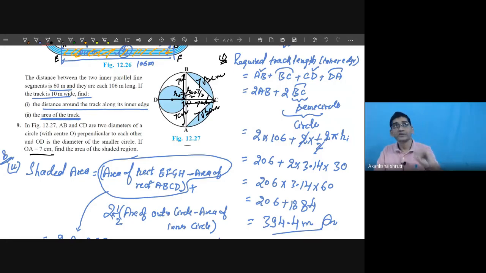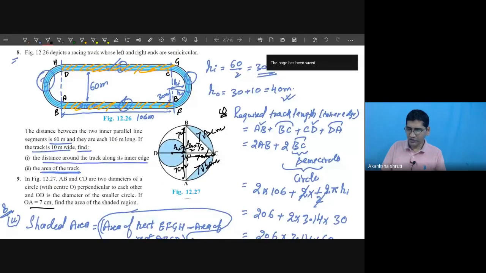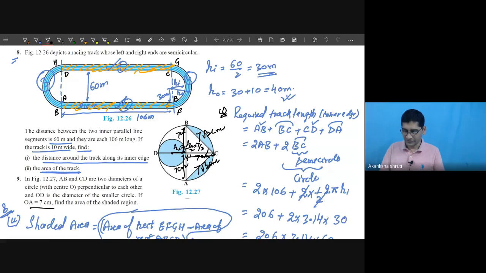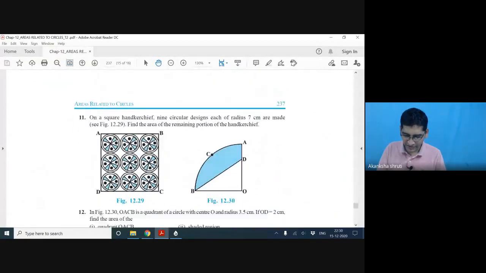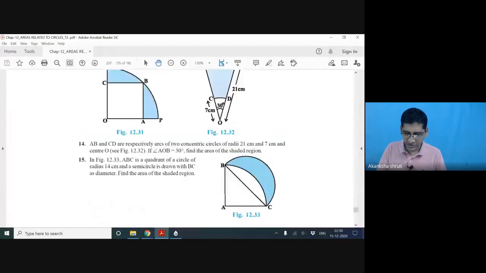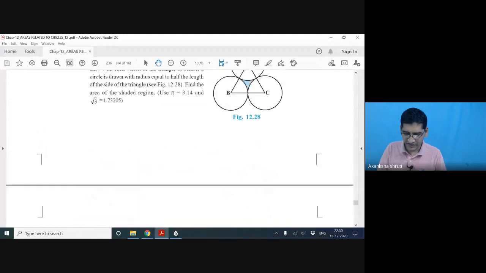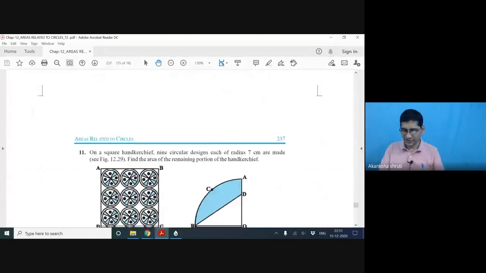No doubt. So let us stop the class here. Some of the questions I have left for you people. Please finish them. Tomorrow either I will do the questions collected from the previous year, or we may move to the other chapter. Student, my advice is you people finish all the questions of our textbook. There are a total of 16 questions. I have already finished 9 questions. The remaining you people please do.